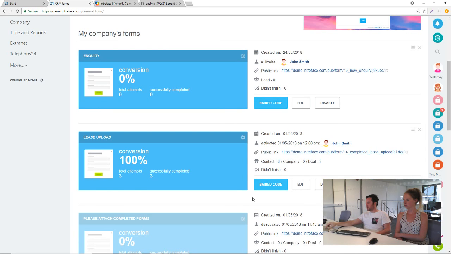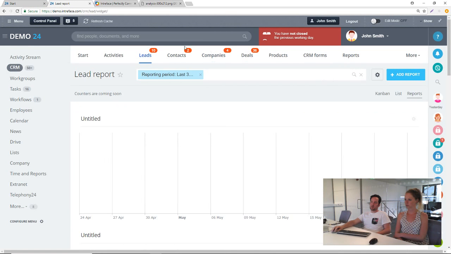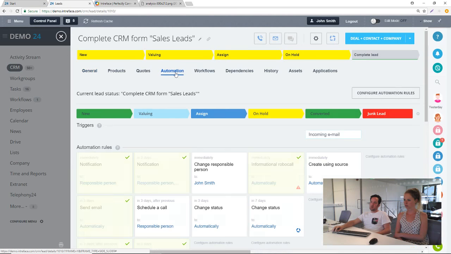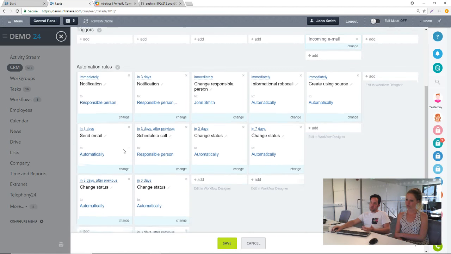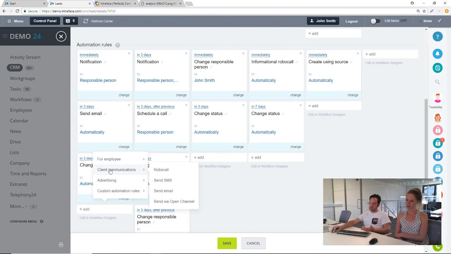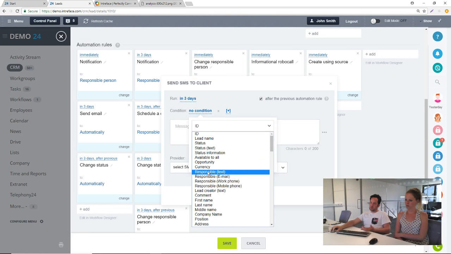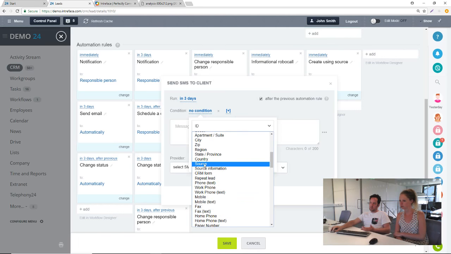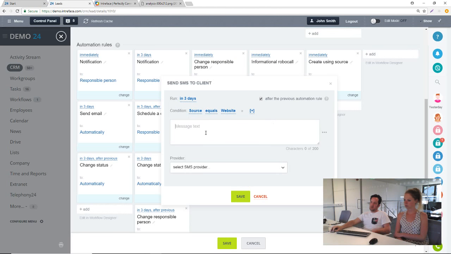And what you were saying here, just with regards to can it trigger an email or SMS when it comes in. Certainly, you would just go to your leads and click into a lead here, click on automation, then click on configure automation rules. Say if we had that hidden field, which I know you can do, we click on add, and then let's just say we want to send an SMS. So we can have a condition here that said if the source equals, and then we've got all the list on here, so we had it set to website, then we could say,